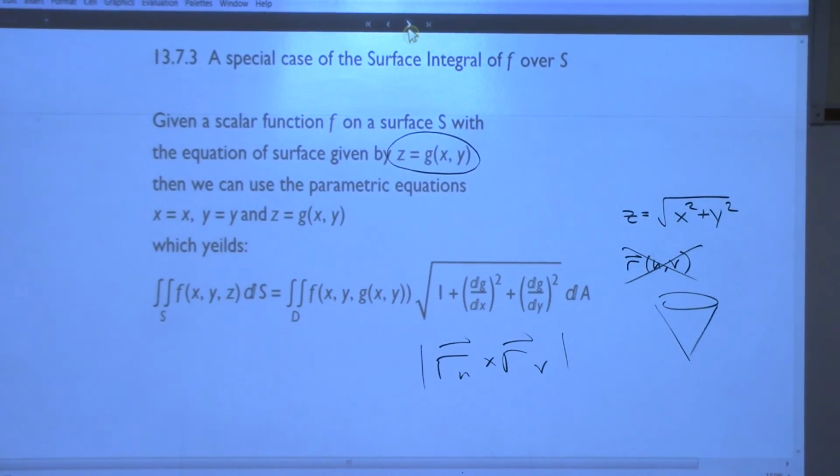We had one just like this in 13.6, right? Where we did the